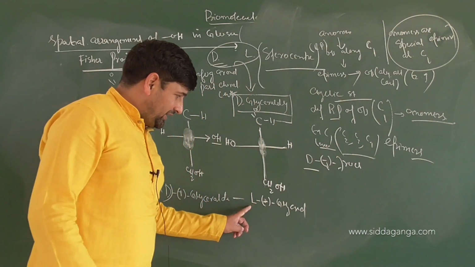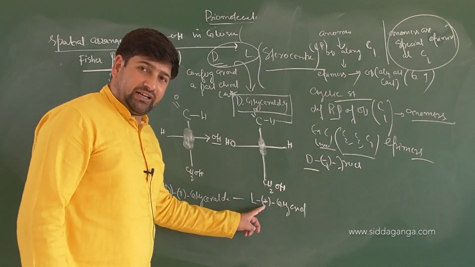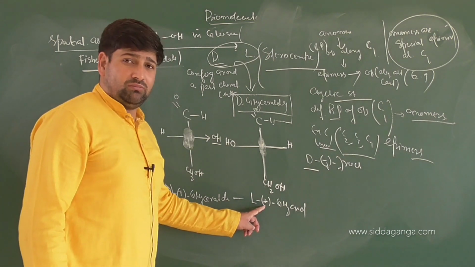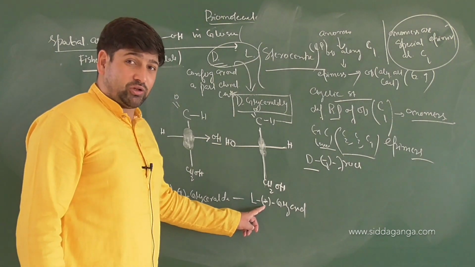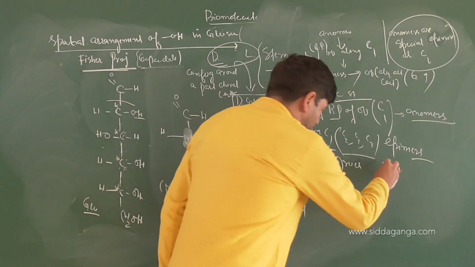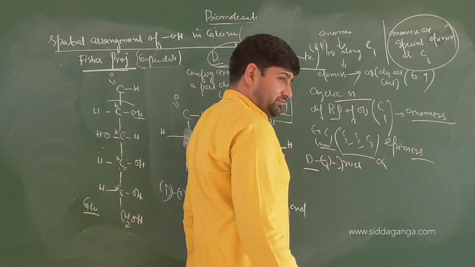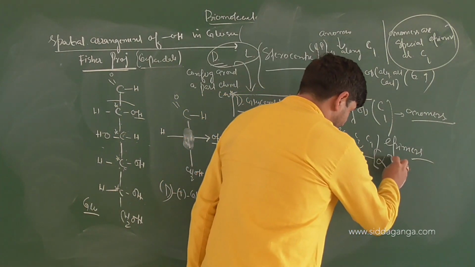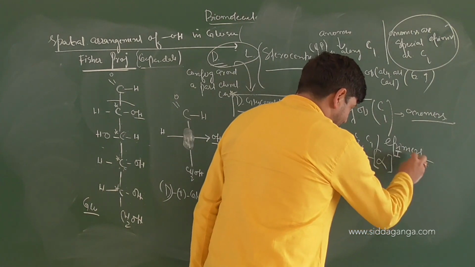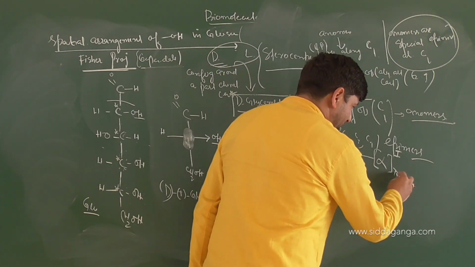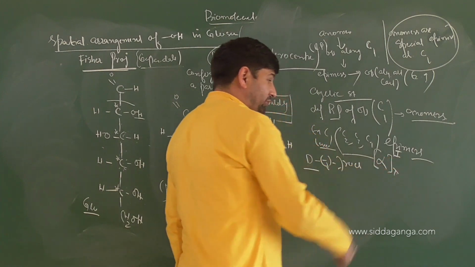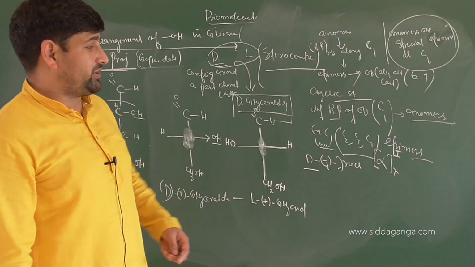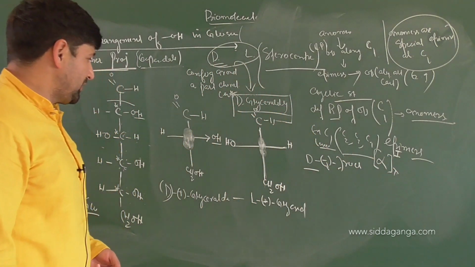And it is L here, but according to experimentation, its optical activity is also levorotatory. And when you represent optical activity, it's equal to alpha in brackets. Here you mention the temperature, and here you mention the wavelength where absorption is happening, where you are calculating optical activity in a polarimeter.